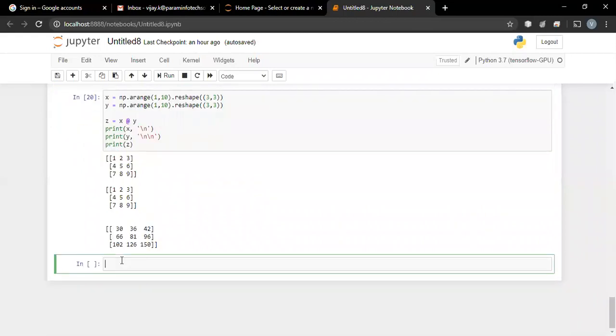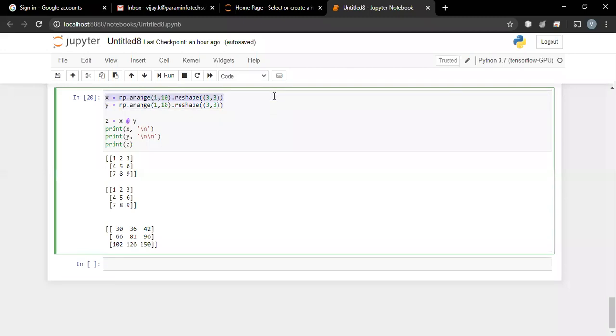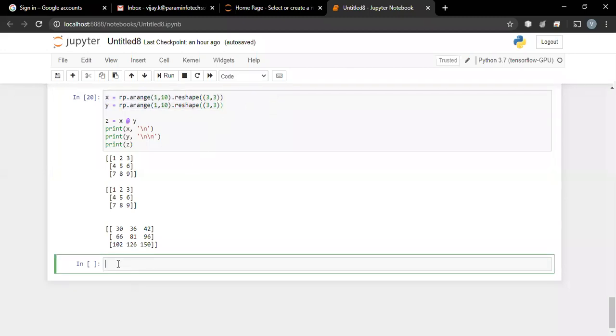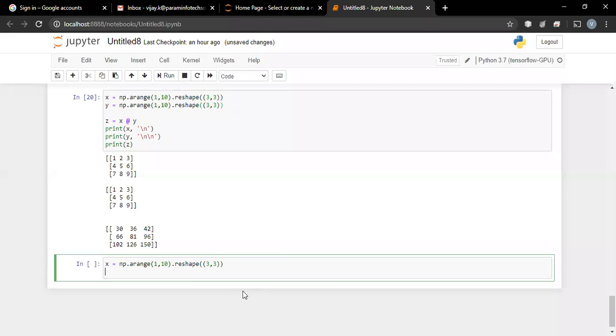Next we'll go for division. It's a very important thing as far as image processing using NumPy is concerned, and we are going to start it within a few minutes. Let us say we have this array matrix, and I'm doing z is equal to x divided by 2. Here every element will be divided by 2.